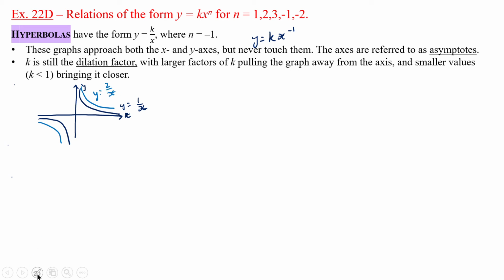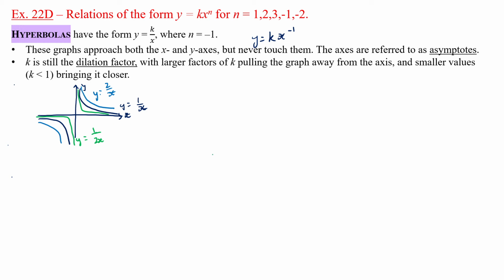To bring it much closer to the axes, we're looking at that green line, which could be y equals 1 over 2x, so that has a k value of 1/2 again. So that is the basics. If again we wanted to flip the graph, we would make k negative,